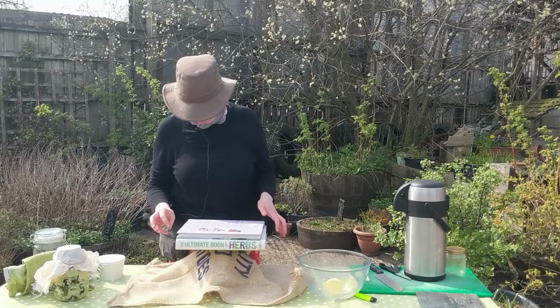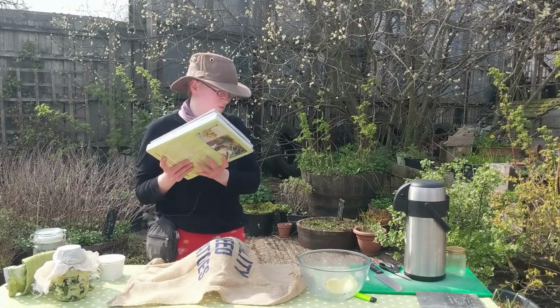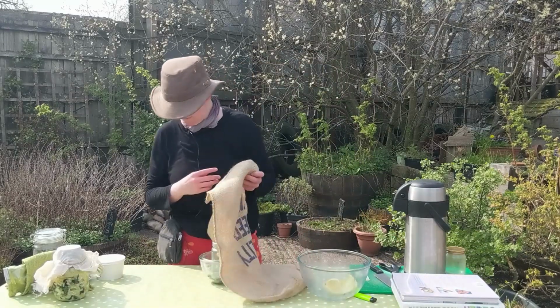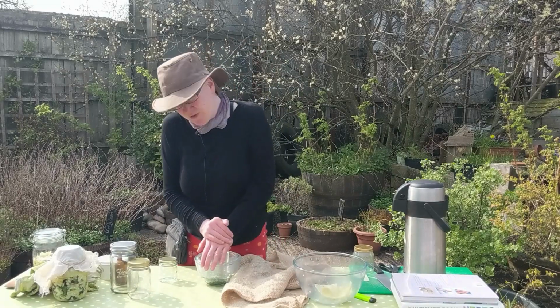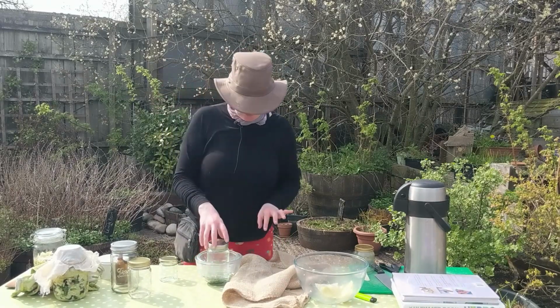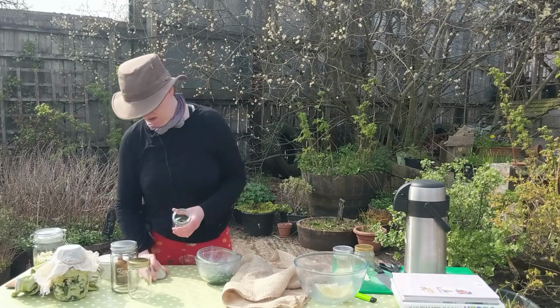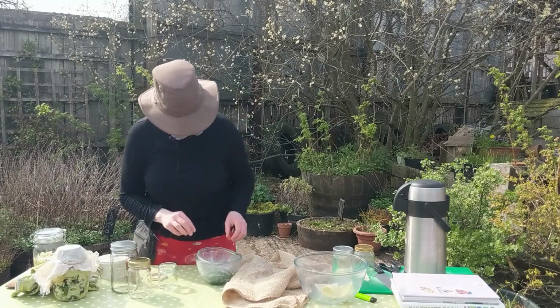But I think it's quite possible that we could actually jar up this one as it is, because there's a lot of moisture coming out of it already. So I'll just show you how I would do that. So we're going to gamble with not doing the overnight pressing on this one, because this looks really quite juicy. So we're going to get a little jar with something that can fit inside it. So just using a little amber glass bottle there, and